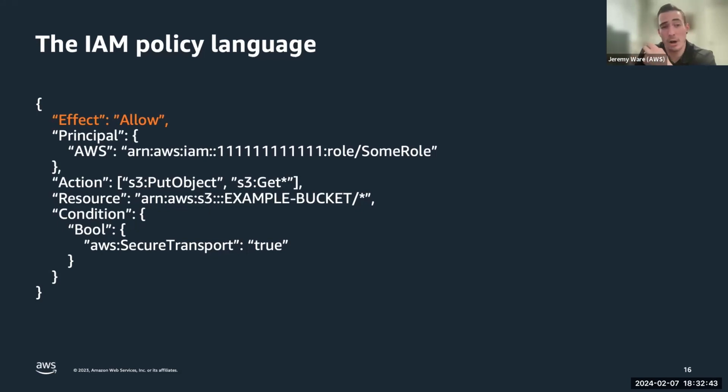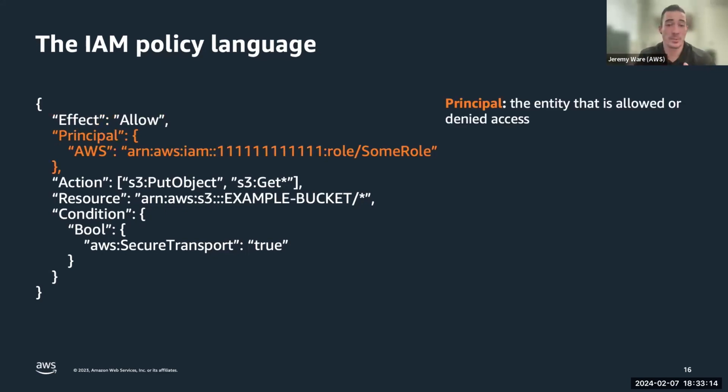Allows are very common in identity-based policies and in resource-based policies, especially in the case of cross-account access. Deny policies are something you see a lot more, for example, in an SCP or on a resource-based policy if I want to scope it down to an unless type of condition, right? So deny access to this resource unless your role is data scientist, or deny access to this resource unless role is security professional.